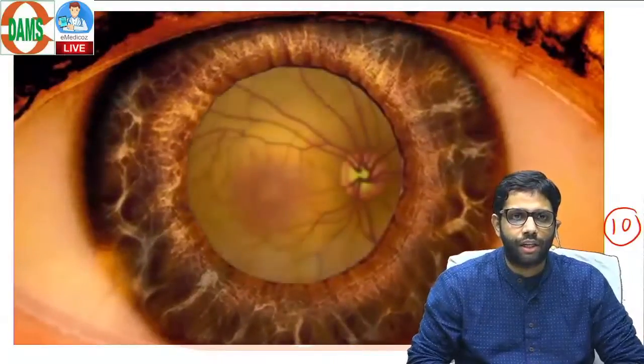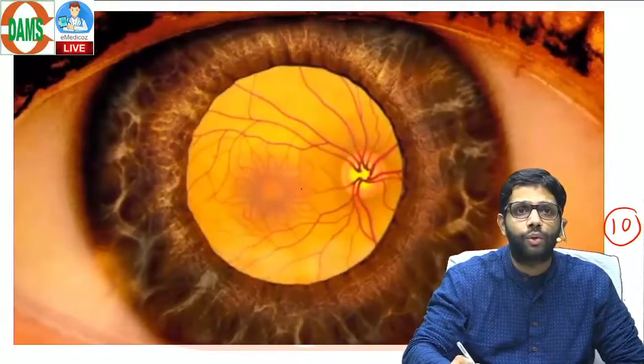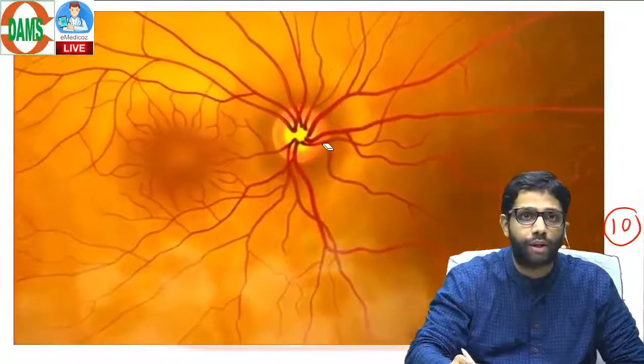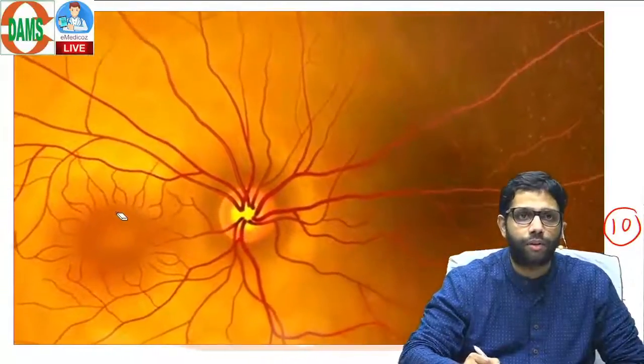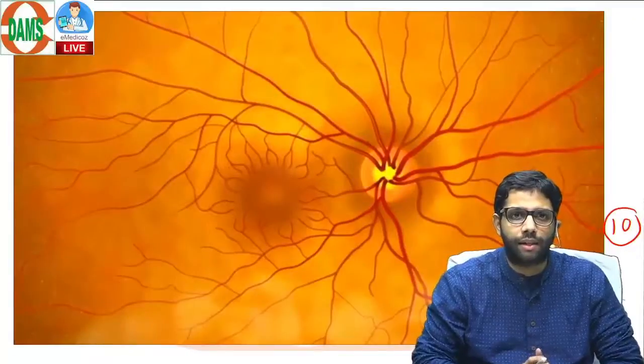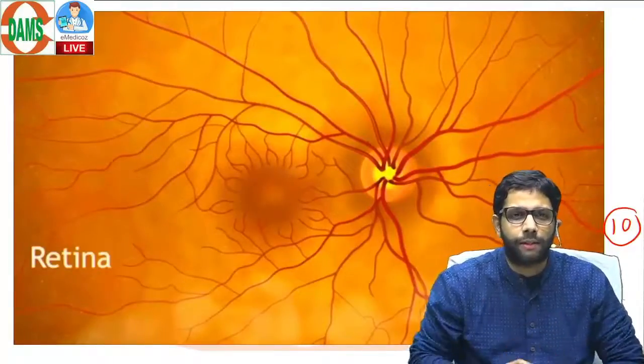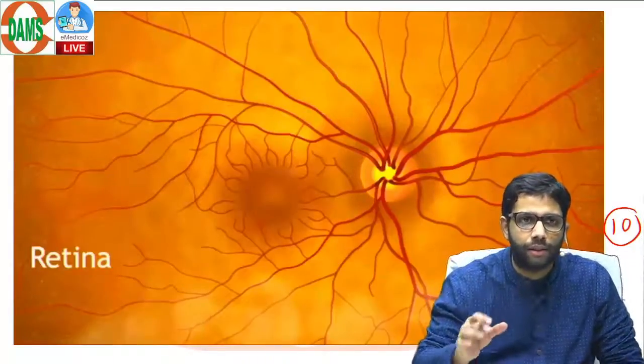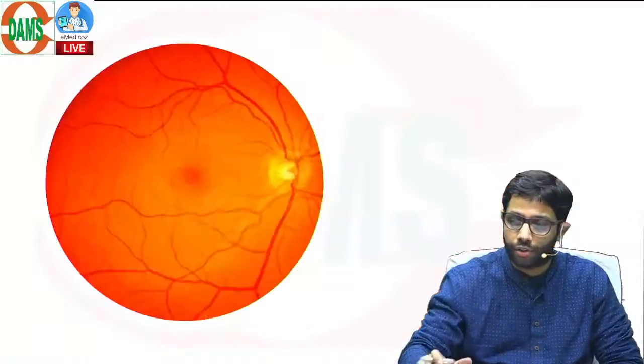So let us dilate the pupil and go inside the eye and see some basic things about the retina. See, the extent of the retina is from the optic disc to the ora serrata. You can see this is the optic disc over here, and this is the fovea, macula, which is about 2 disc diameter temporal to the optic disc. So we should understand some basic things regarding this retina, structure of the retina, the layers of the retina, the blood supply of the retina, the blood retinal barriers. Then only we can understand the concept of retinal angiography.